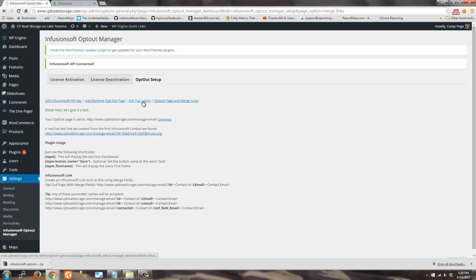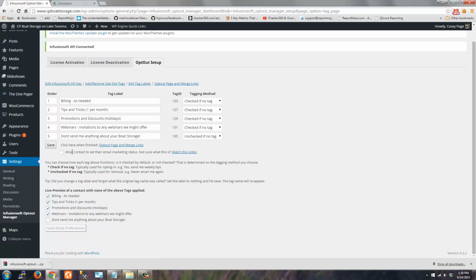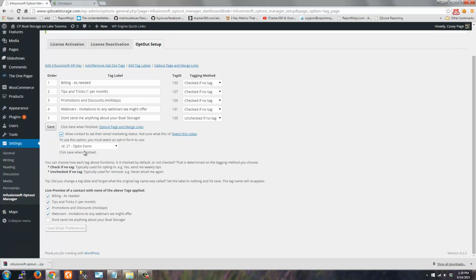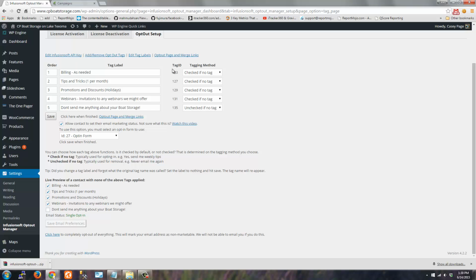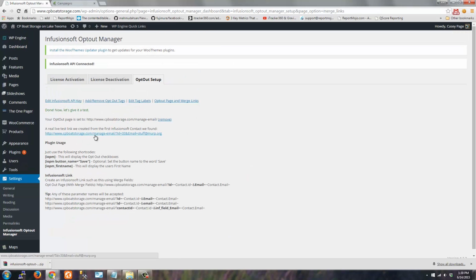Now what we can do is click on the Edit Tag Labels and this box where you can allow a contact to set their email marketing status. We want to check that box and select the opt-in form that you just created in your Infusionsoft account. So just check that, hit Save, and now let's see what the web form looks like if we look at it again. If we click on the Manage Email link,